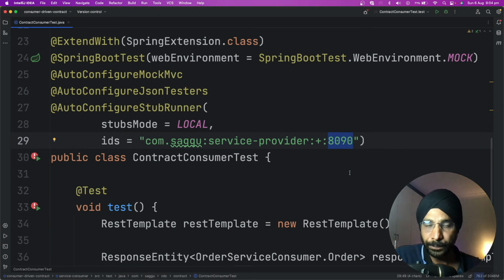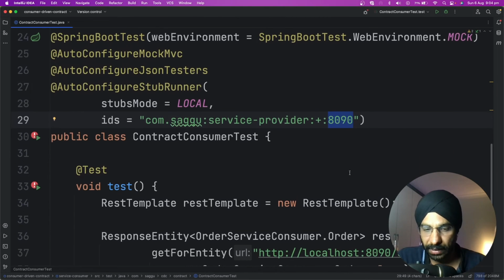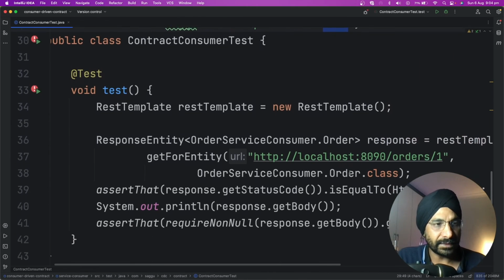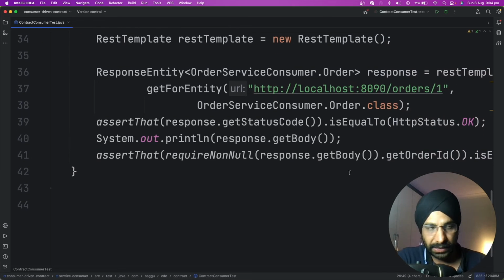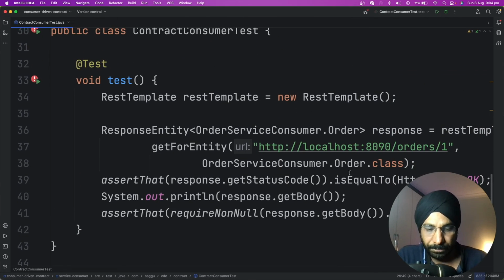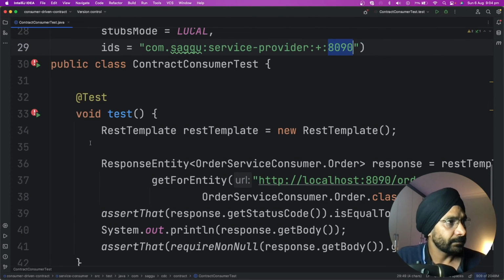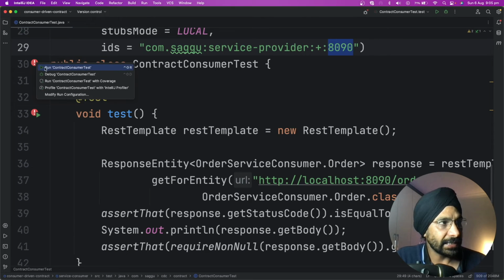You can run on any port, because if you use the default port 8080, it might clash, as you might be running something else. Over here I'm saying run on 8090. So I don't have any problem, and after that I will be able to run this unit test pretty much in an offline mode. I don't need any server running anywhere remotely. So if I run my unit test at this point,